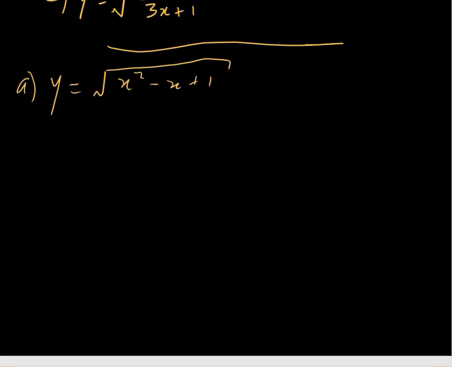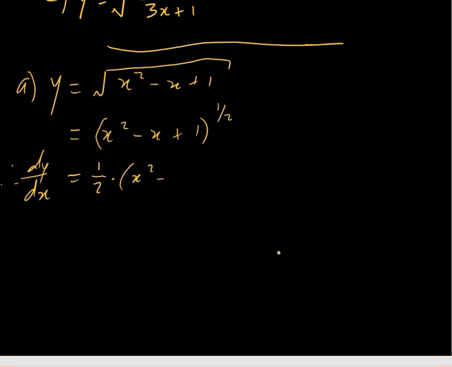We've got the outer function, which is the square root, and then the inner function. So let's first write this as x squared minus x plus 1 to the power of a half. So according to the chain rule, I'm going to use dy/dx notation. We bring down the half, keep the inner function untouched,